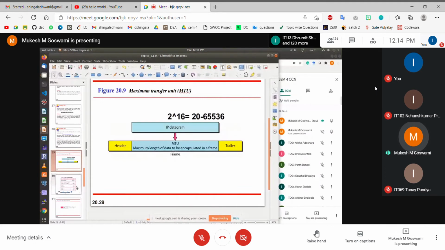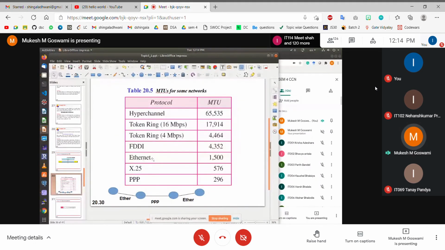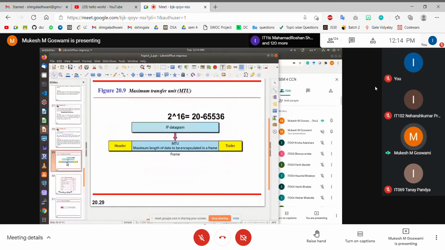Okay, so what is the hardware at your physical layer? If it is Ethernet, then the hardware will be twisted pair, right? So it depends on this how many bytes you can encapsulate inside the frame, right? So we have this MTU defined for each and every data link layer protocol,